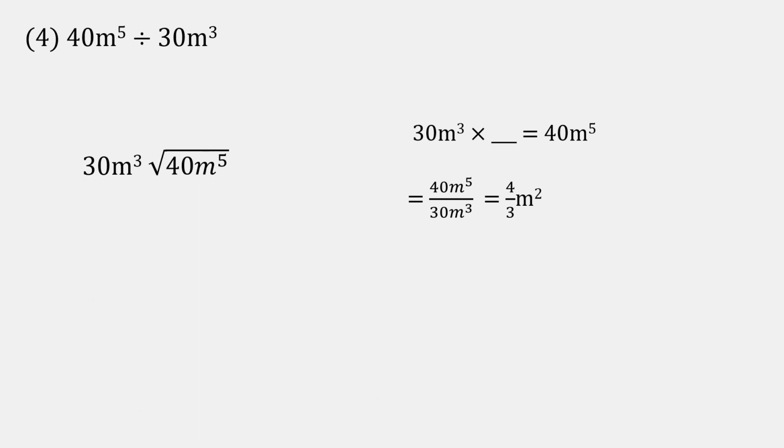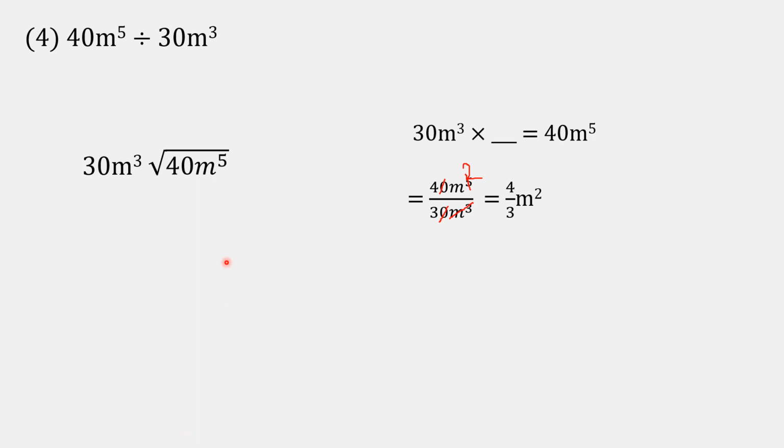Now student, if you see, you can simplify further. The 0 and 0 will get cancelled. Now it is in simple form, 4 upon 3. Now your variable terms: m raised to 5 means 5 times m, and m raised to 3 means 3 times m. So obviously 3 m will cancel and only 2 will remain, because of the indices law, 5 minus 3 you'll get 2. So what you need to multiply is 4 upon 3 m square. When you multiply 30m cube into 4 upon 3m square, you will get 40m raised to 5.